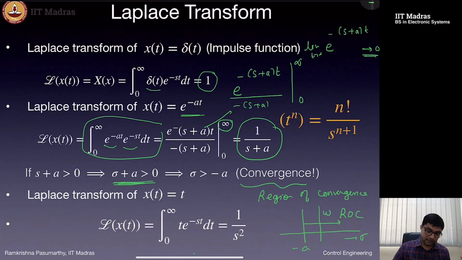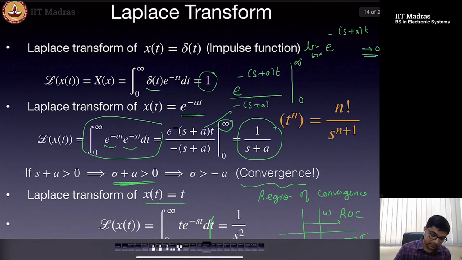Okay, the next is, okay, this computation is easy. Just this example actually explicitly shows us the importance of the region of convergence. So next is the Laplace transform of x of t equal to t, a ramp signal. We can also see here a special case, when a equal to 0,